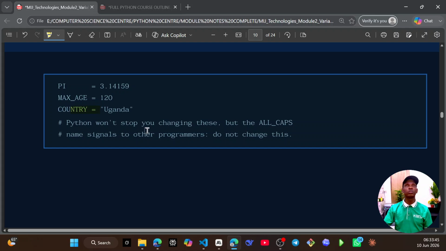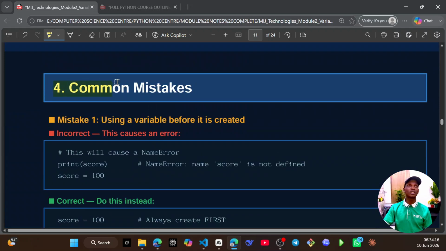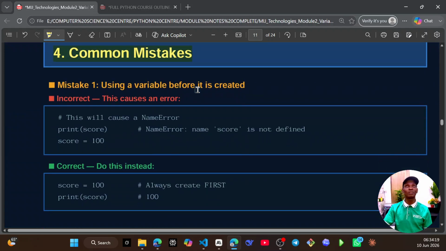Python won't stop you changing this, but all caps name signals to other programmers: these are constants, do not change them. So even if another programmer opens your program and sees COUNTRY equals Uganda, they will just know according to Python naming conventions that this is a constant, because we have used uppercase letters, so every programmer can understand your program. Let's try to explore some mistakes that we beginners, including me,